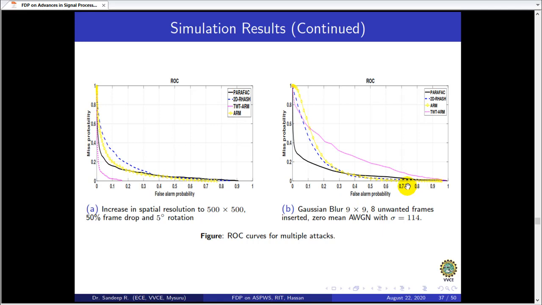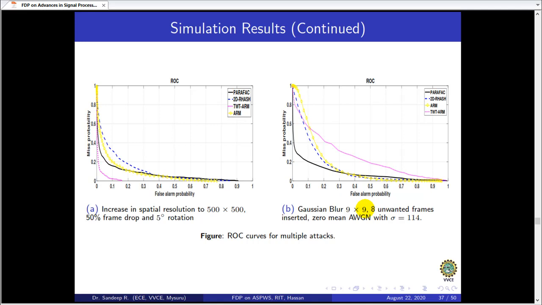So it is comparable to the state of the art and better, but you can say that in some cases it definitely has scope for improvement. So we are next going to propose the subspace projection technique, because in the existing literature the PARAFAC based decomposition, that is video hashing obtained from the parallel factor analysis, had performed really well.